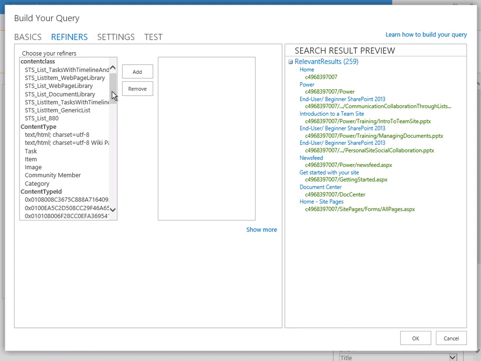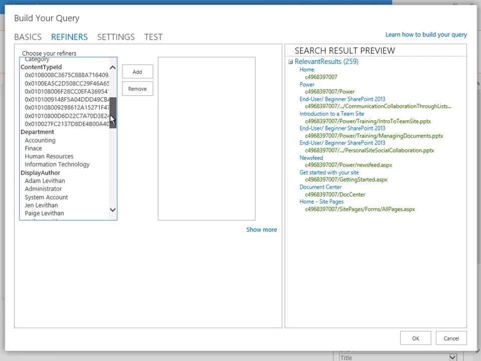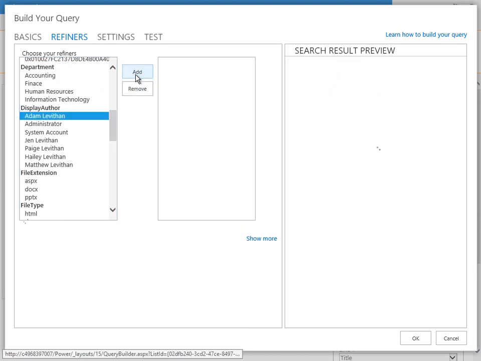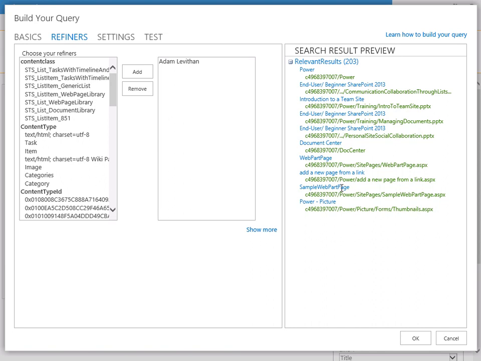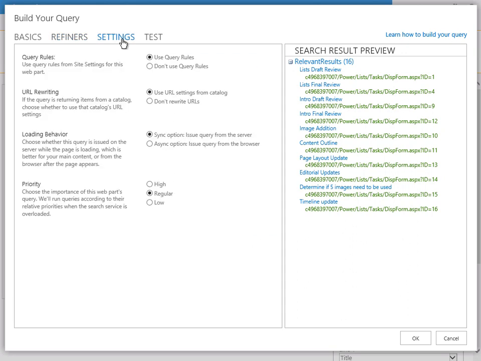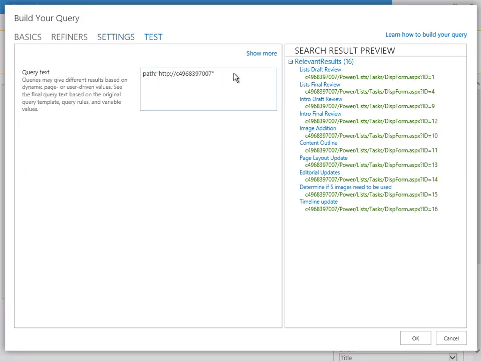So it's pretty good. Let's say the display author is me. Now we can see there are 203 results. What if we also wanted it to be a task? There we go. Now we have 16 results that the author is me and it's a task. We can also have different settings about the query rules, how to handle the URL. This is some pretty serious stuff. And of course you can test how the query will look. Or we could just press OK,